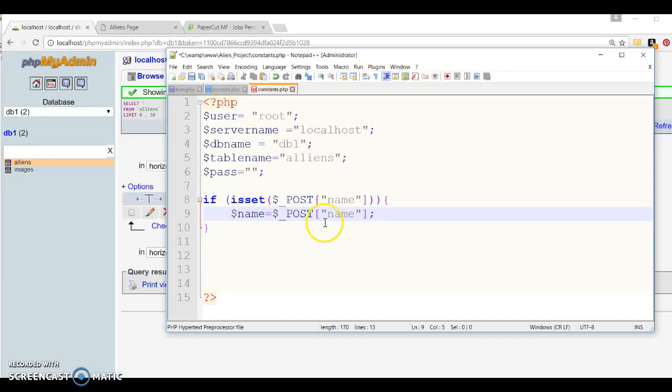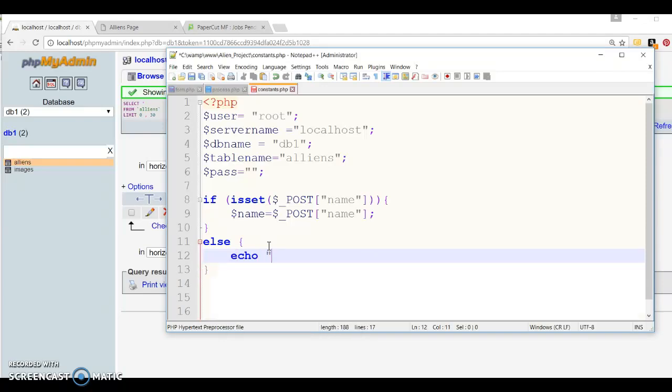So if it's entered, assign whatever was entered to the name. Else, if they didn't enter anything, then you must give a text that says echo you have not selected a name for your aliens,